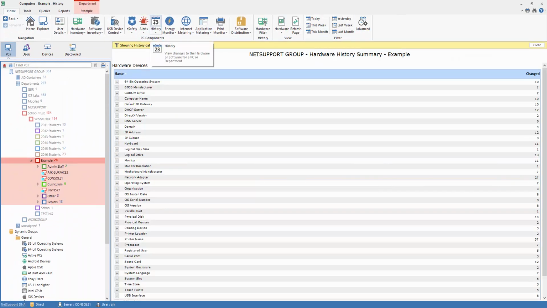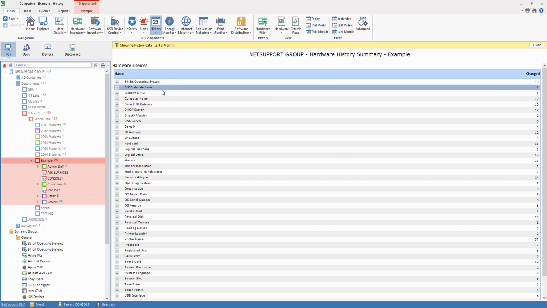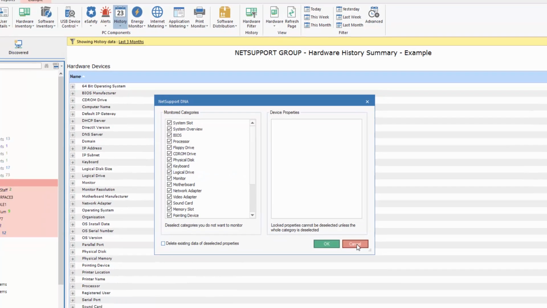The history component, as you'd expect, simply provides a detailed history of any changes for the selected hardware within your tree. And within the history, we can also filter to decide which types of items we're interested in. Typically, if we have a network with dynamic addressing, we may not want to know about a change of an IP address. Similarly, we may not want to know about changes to things like screen resolution. Other changes, particularly relating to hardware itself, are areas where we may wish to ensure that we have active and